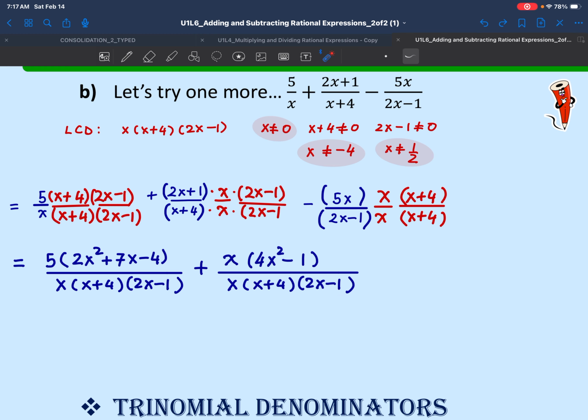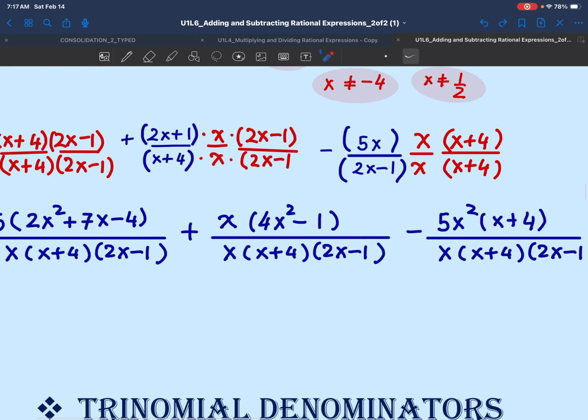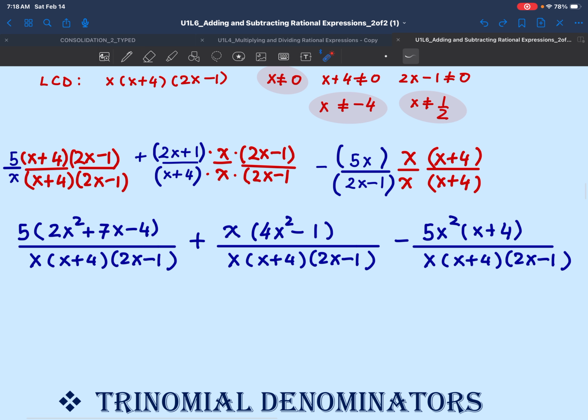And lastly, we have monomial times monomial, multiplied together, they will make negative 5x squared times the binomial x plus 4, over the lowest common denominator. Now that the denominators are the same, we can go ahead and simplify the rational expressions. So bring them in the same rational expression, and we'll start off with expanding this numerator,